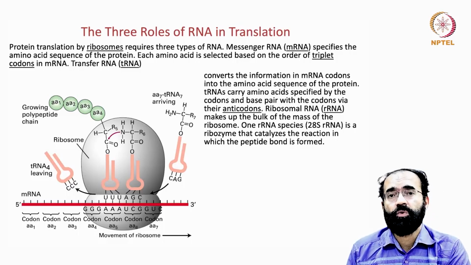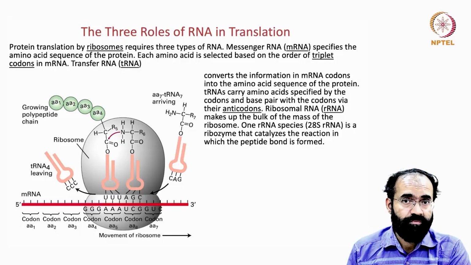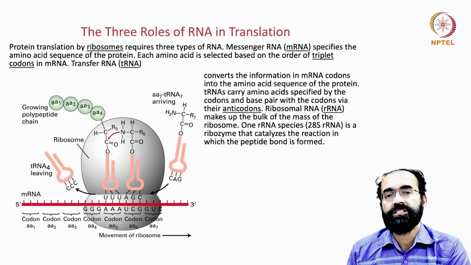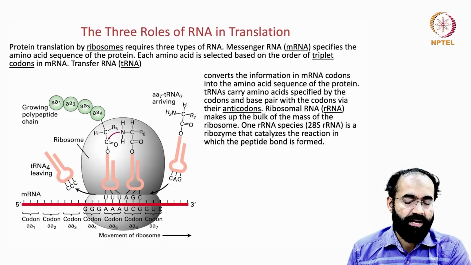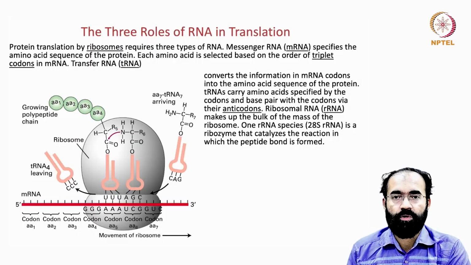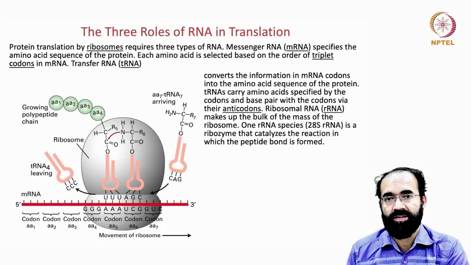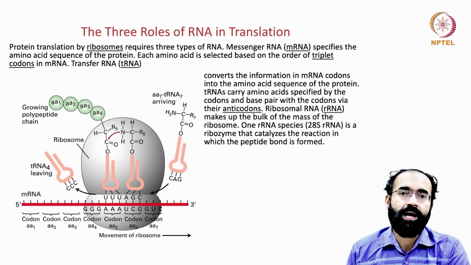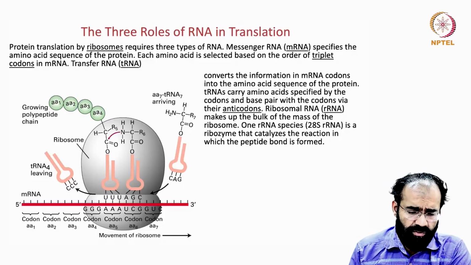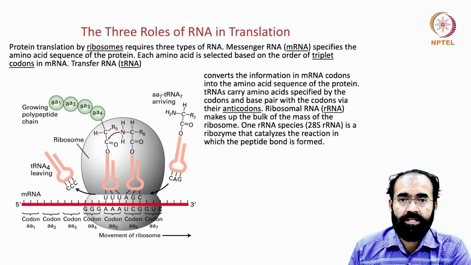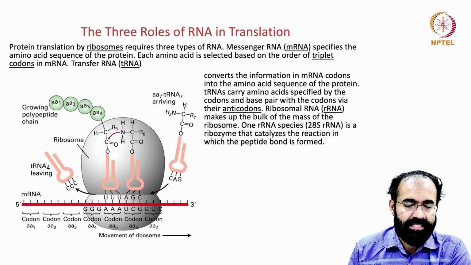So remember, the 28S ribosomal RNA, which is a ribozyme, is the one which contributes to the formation of the so-called peptide bond. A peptide bond is the bond between two amino acids. Amino acid A, amino acid B, amino acid C, they are paired together. Between A and B, there is a peptide bond. Between B and C, there is another peptide bond. So like that it continues. So you can see here, this red colored one is the mRNA, and it has codon 1, codon 2, codon 3, codon 4, codon 5, codon 6, codon 7.